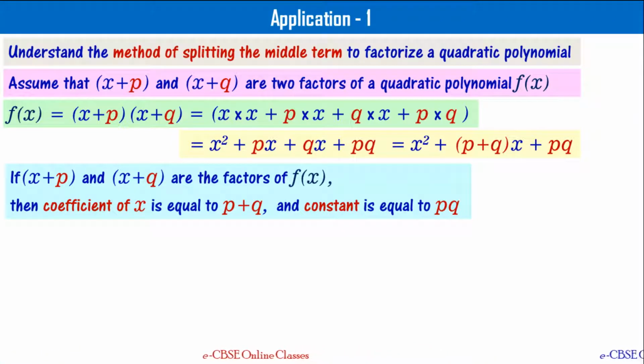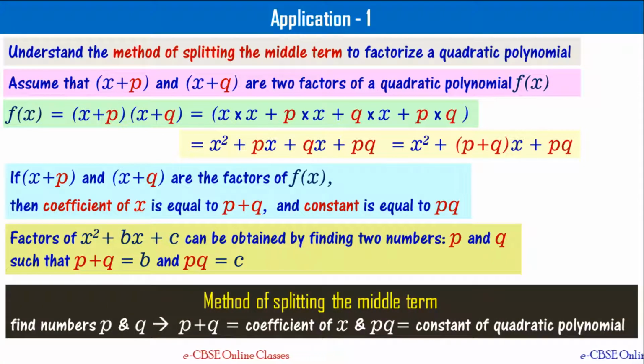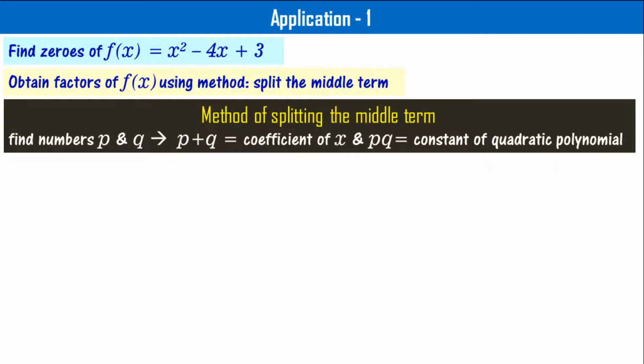So if I write the converse of this particular statement, factors of x square plus bx plus c can be obtained by finding two numbers p and q such that p plus q is equal to b and pq is equal to c. You agree with that, right? So this is what is called the method of splitting the middle term. It says that find numbers p and q such that p plus q is equal to coefficient of x and pq is equal to constant of the quadratic polynomial. Let's take a note of that